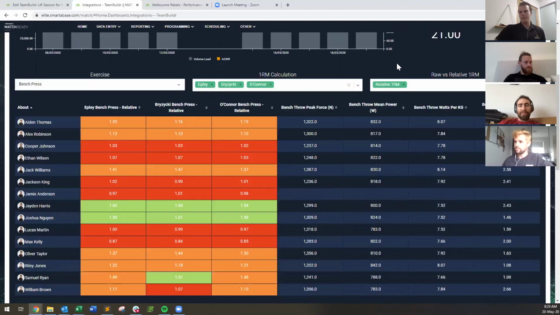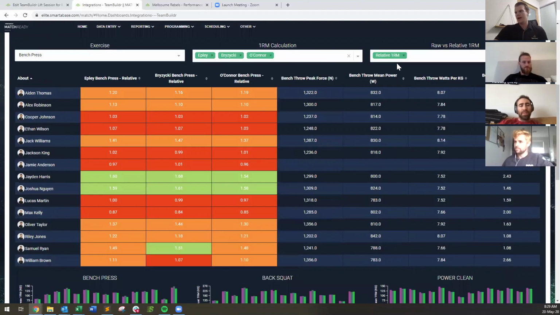And as we scroll down, beginning to look at how each athlete, because we do have fake athletes here on our Smartabase site on the left-hand side, compares when we're looking at those other relative standards, like an exercise like bench press, and we're factoring in other things around